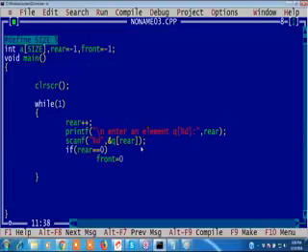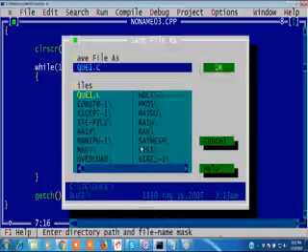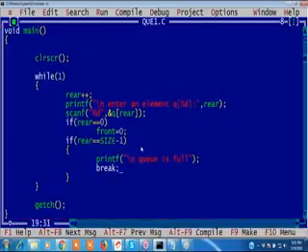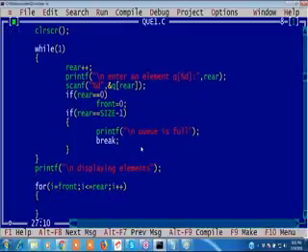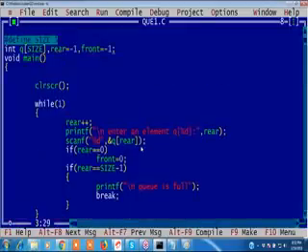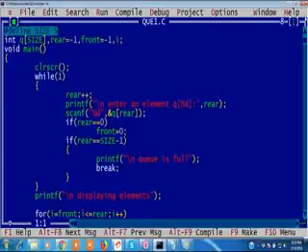Yes, void main function. Here, what do I have to write, guys? We need to write int Q of size. What is size? You need to declare rear equals -1 and front equals -1, guys. Declare front also as -1. Here we define size. Size is how much? Size 3 or 5. Take 5.